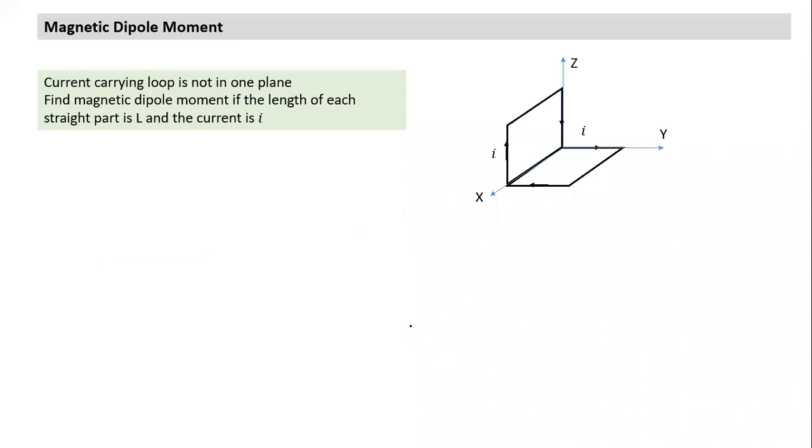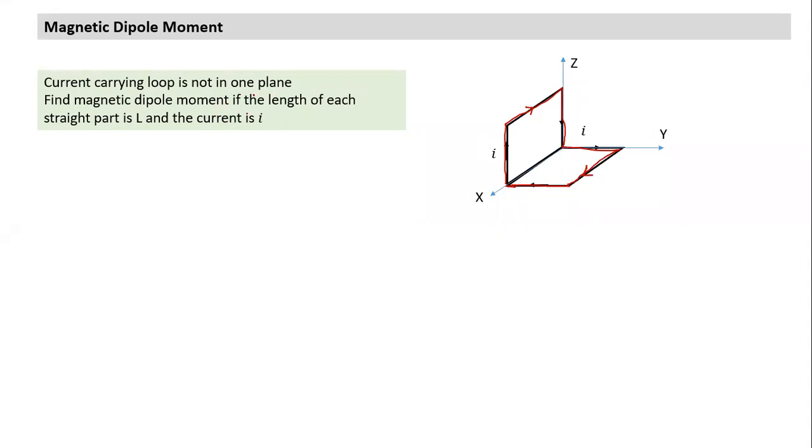Now here we also see a loop. But how is the current flowing in this current carrying loop? I hope all of you understand. Is this loop similar to the previous loop or somewhat different? Let's say if I start tracking the loop path from here, this is how the current is flowing, and it is forming a loop. It is a current carrying loop, but in a way it is different from previous ones. It is not in one plane.